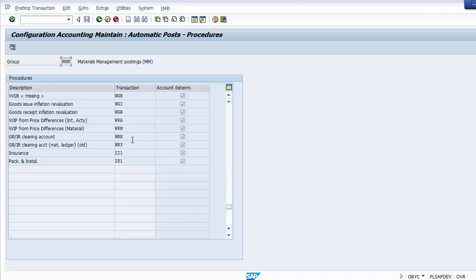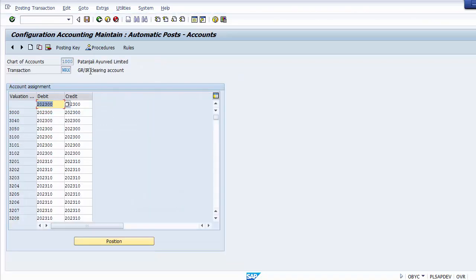As you move down, you will find over here the GRIR clearing account screen. Within the transaction WRX, you need to double click, and once you double click on it, it will take you to the next screen. Here you need to assign the GRIR account, as you can see. The GL which has been assigned here on your screen is the GRIR clearing account, which needs to be assigned against the valuation class.